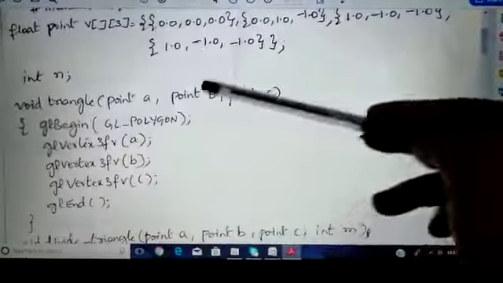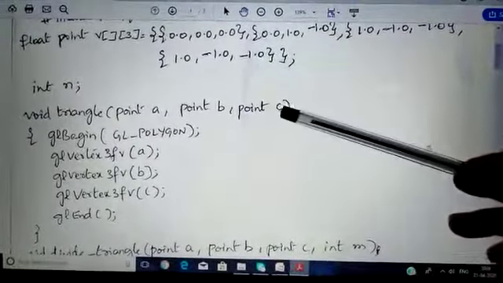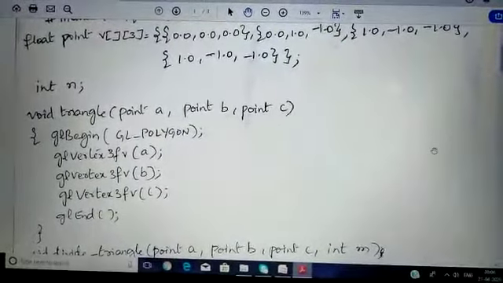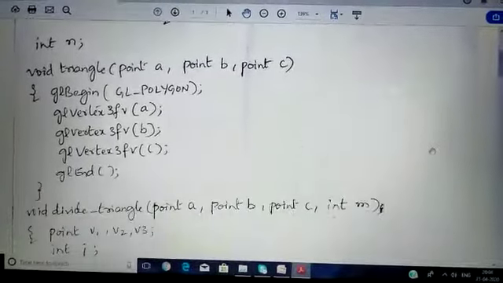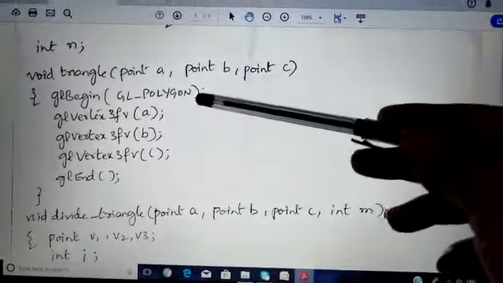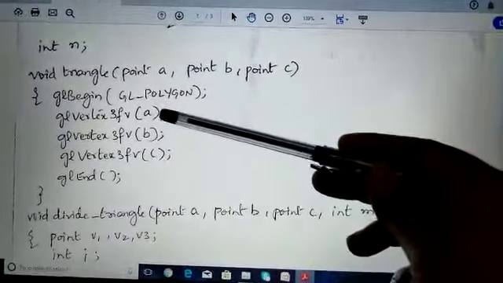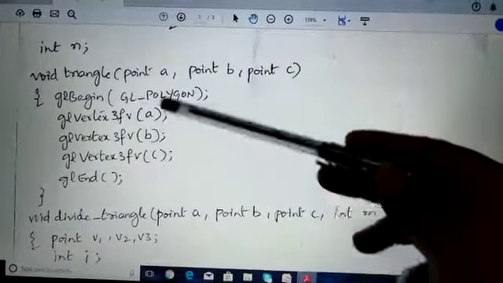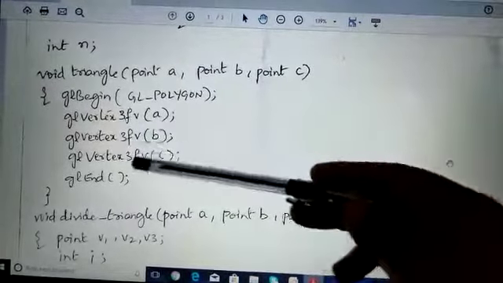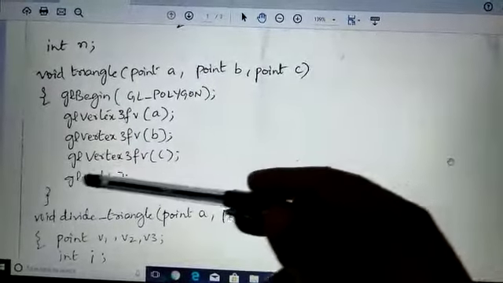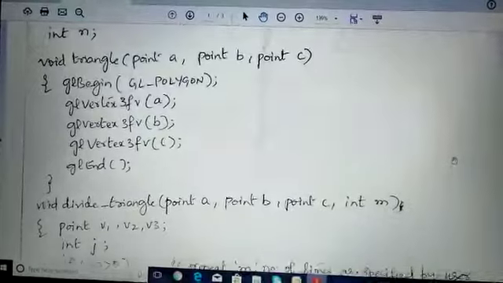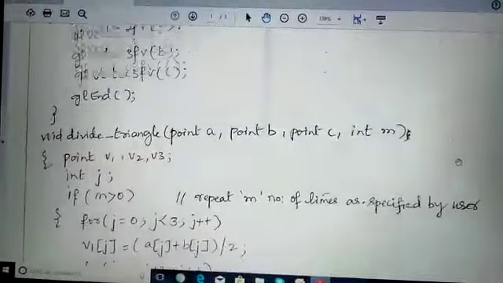Then we have a triangle with point A, point B and point C. We draw it with GL_BEGIN of GL_POLYGON, so we consider it as a polygon. Since it's a triangle, we are considering 3 points A, B, C with these parameters, and we have GL_END here. So once we have a triangle, we start dividing it.